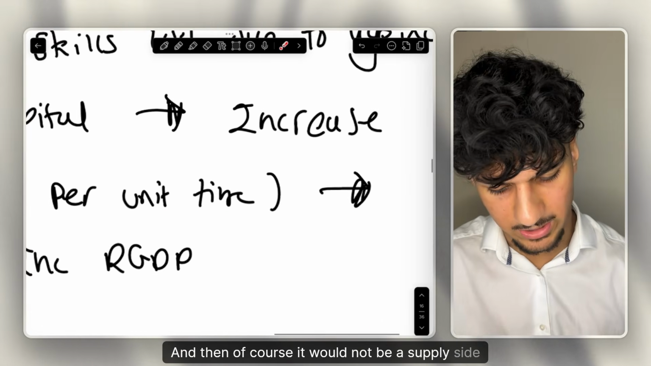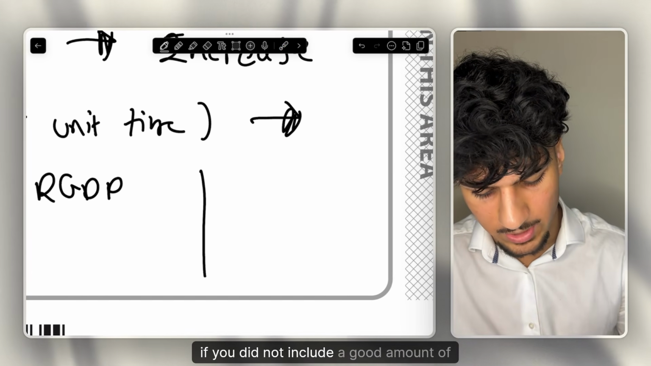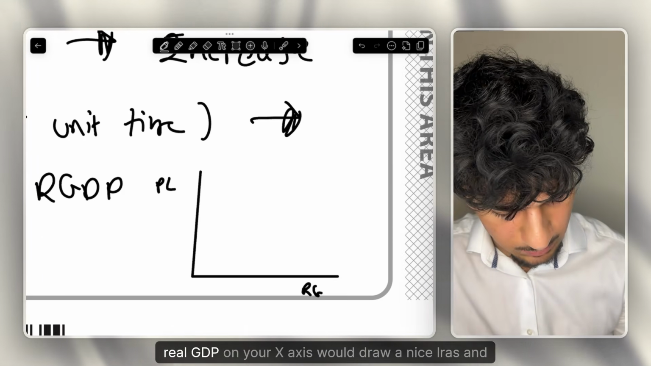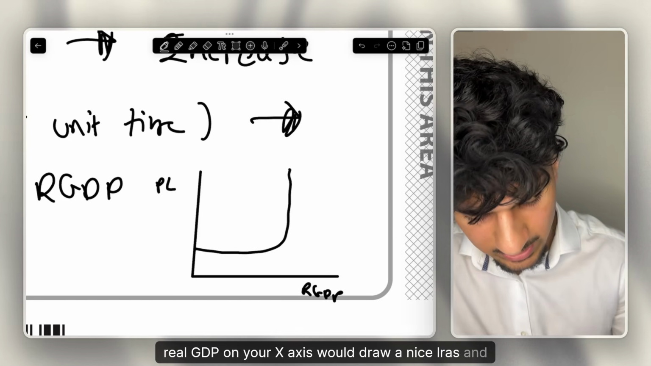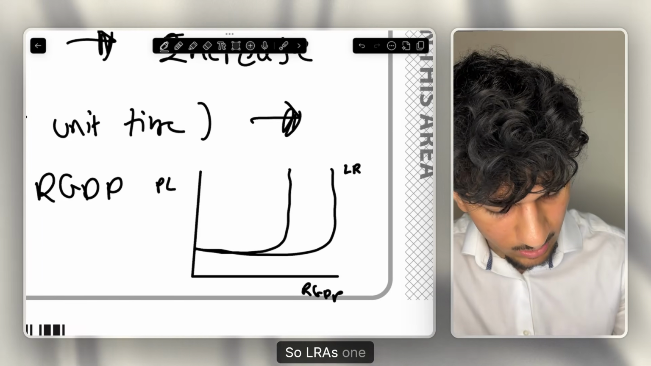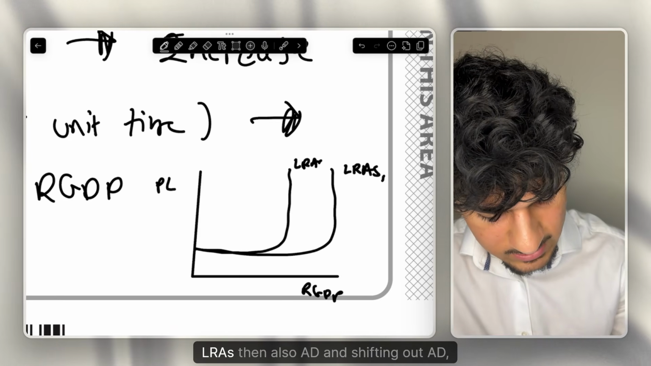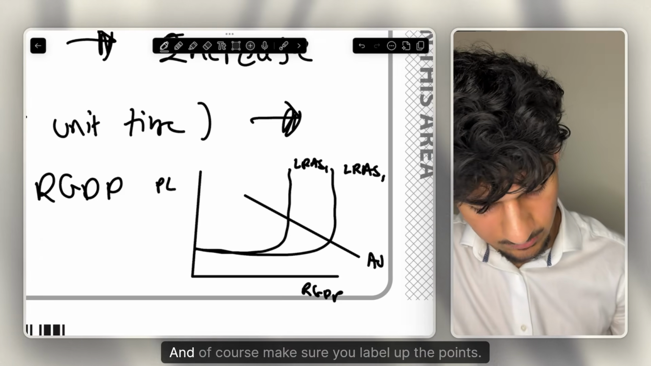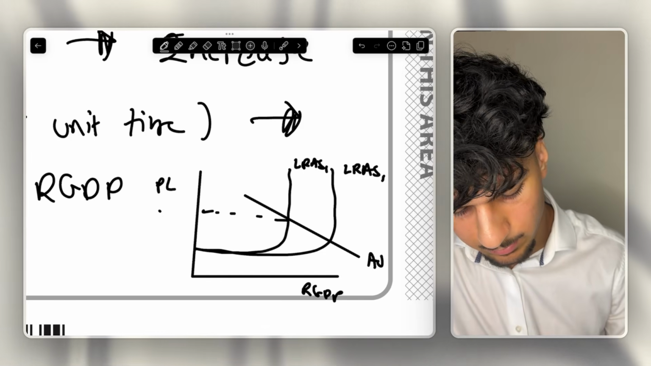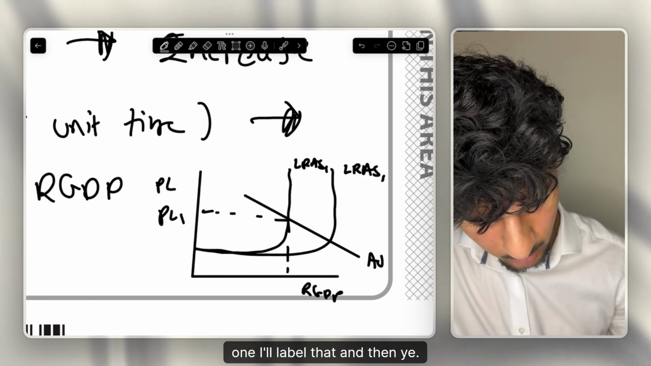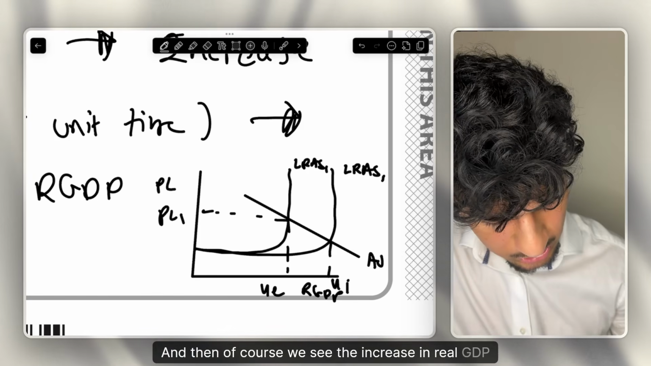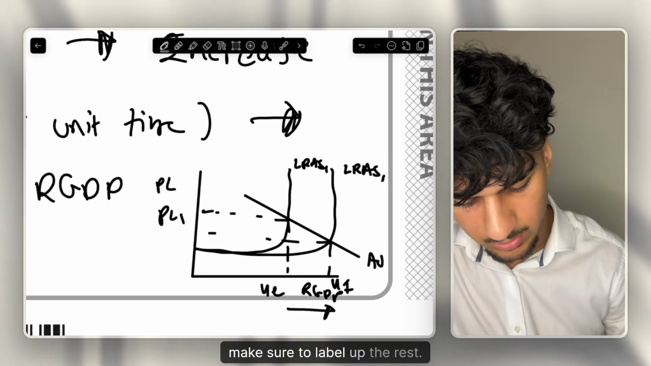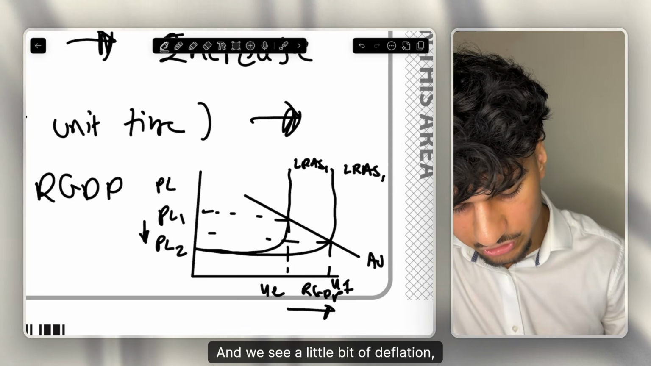And then of course, it would not be a supply side policy question if you did not include a good amount of diagrammatic analysis. So of course, price level on your y-axis, real GDP on your x-axis, you would draw a nice LRAS, and then shift that LRAS out, so LRAS1, and then also AD and shifting out AD. Then also you have a nice little AD curve, and of course make sure you label up the points. So we see PL1, I'll label that, and then YE, and then of course we see the increase in real GDP from YE to Y1, so label that up on your diagram, and make sure to label up the rest, and we see a little bit of deflation,